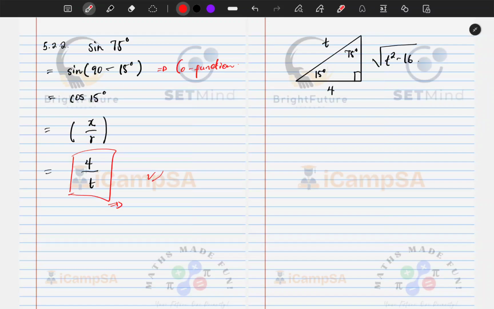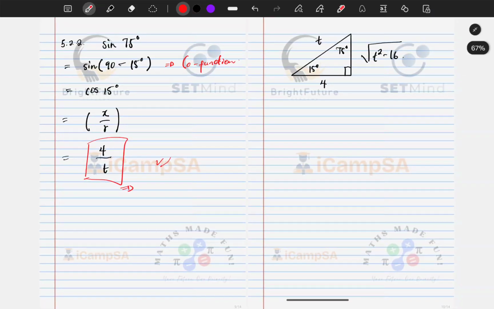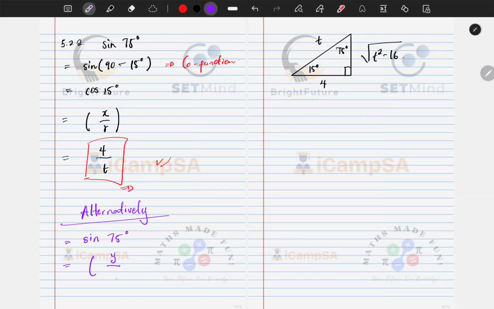But if you were to look at it alternatively, your sine of 75 degrees, if you are looking at that triangle there, will be your opposite over hypotenuse, which is just y over r. So if this is the angle,